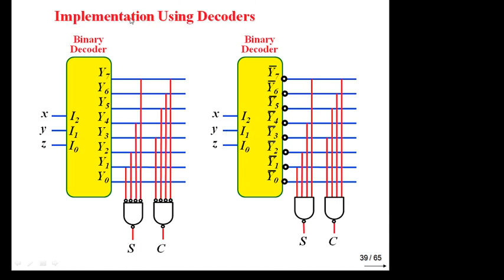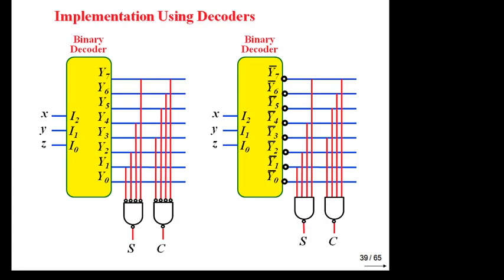If in exam it is asked, you have to implement by using active high decoder, then in that case you will use OR gate and output will be without bubble. And if you have to implement by using active low decoder, in that case you have to use bubbled output and replace OR gate by bubbled OR gate, that is NAND gate.